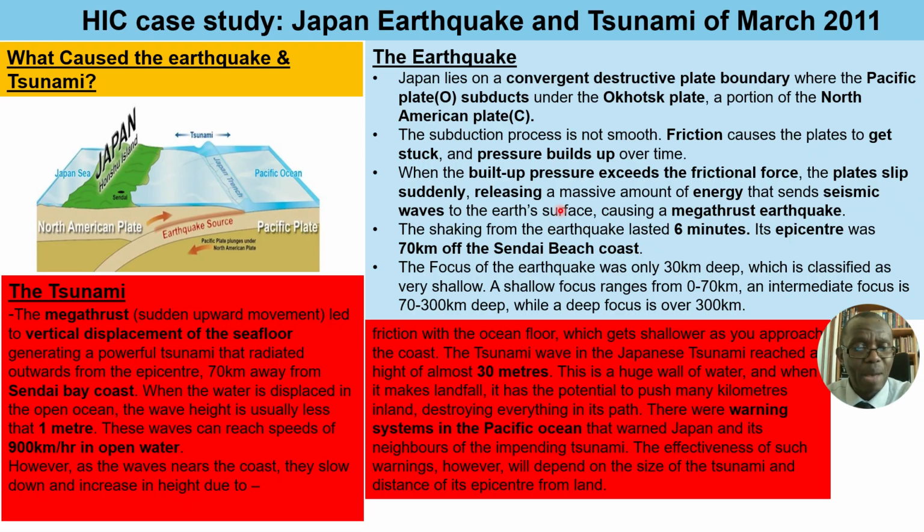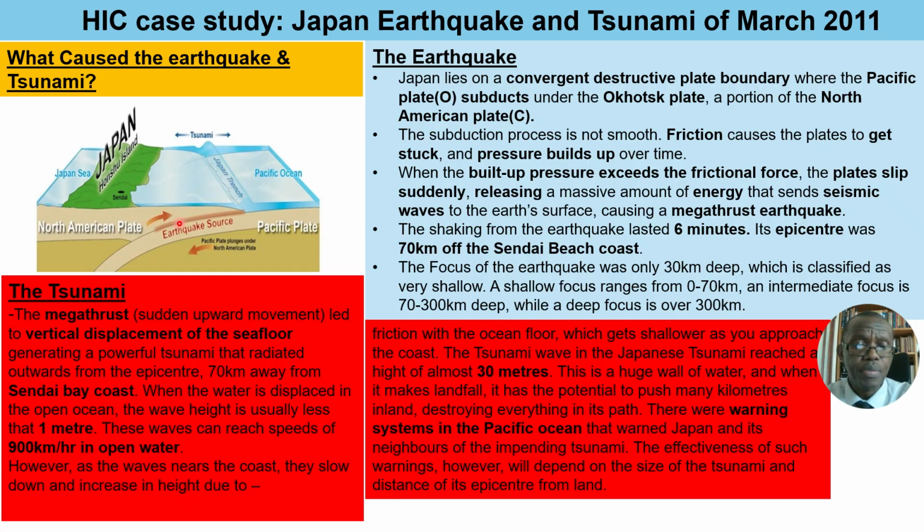Now, that is what happened here in Japan. If you look at the diagram here, you have the Pacific plate, which is the water plate or the oceanic plate, and as you can see, it's subducting below the North American plate, which is the continental plate. But in this case, the Pacific plate actually subducted below the Okhotsk plate, which is a portion of the Eurasian plate. Now, the subduction process, as you can imagine, is not smooth at all and will create a lot of